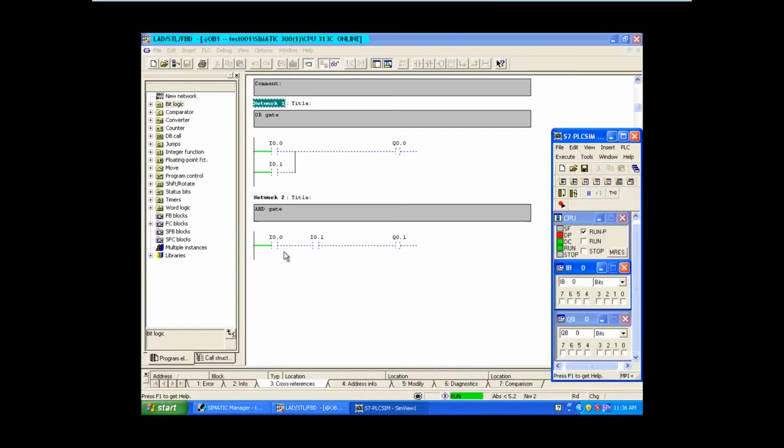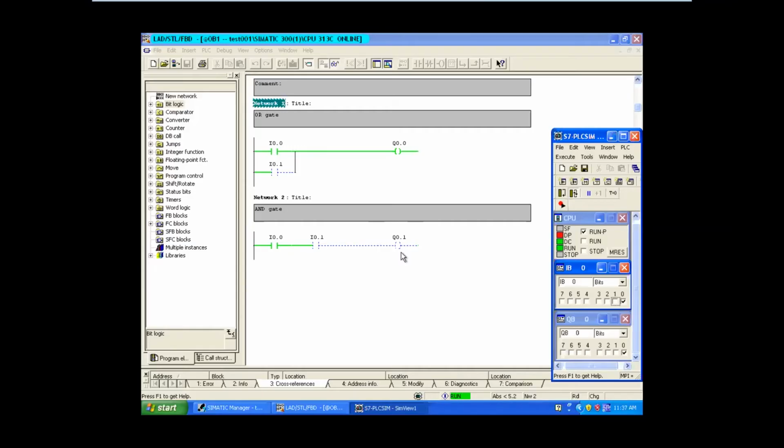Okay, 0 0 0, I'm turning on 1 0. See, 1 0, still it is 0. Correct? Now I will perform 0 1. 0 1, still it is 0. Right? If I turn on both, output is 1. Got it? So the AND gate means it should be connected in series. It's not like the OR gate. OR gate means that is an option. Can you see here? In an OR gate, if any one input is on, the OR gate gives the output, but the AND gate does not give the output. Got it? So this is the AND and OR gate.